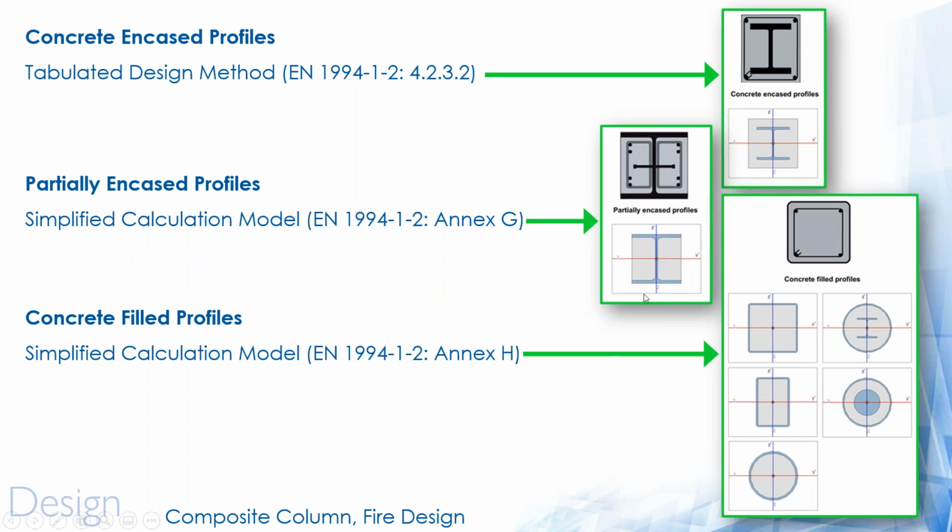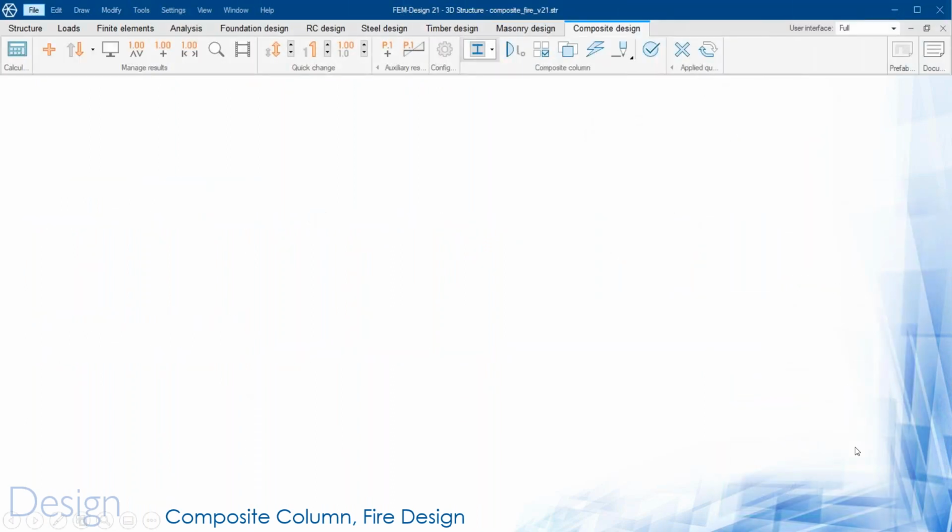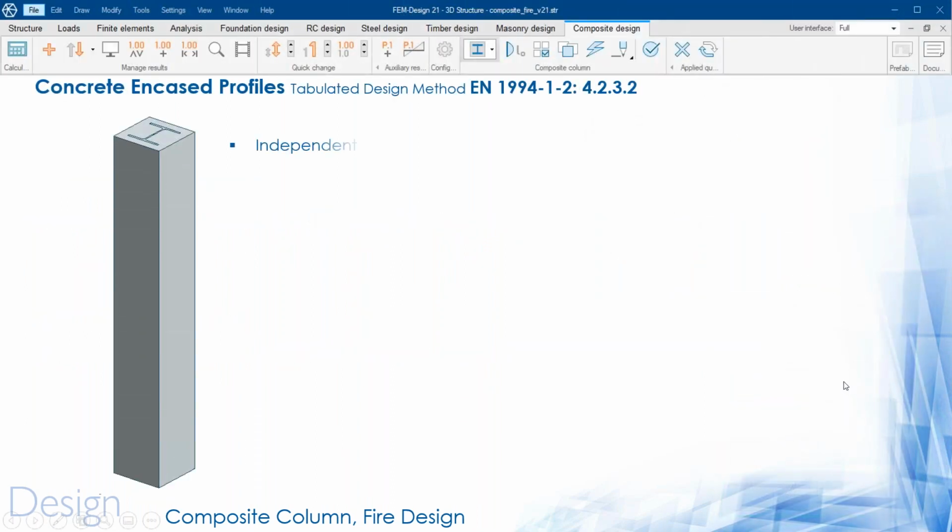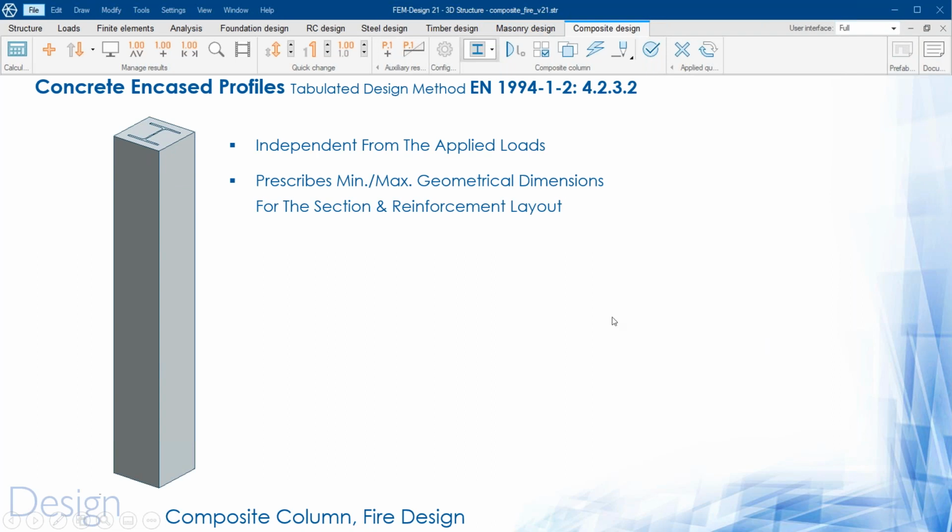As you can see, you can find these 3 in the Eurocode with the given reference or the annex. So for the first one, the concrete encased profile, it is independent from the applied load,